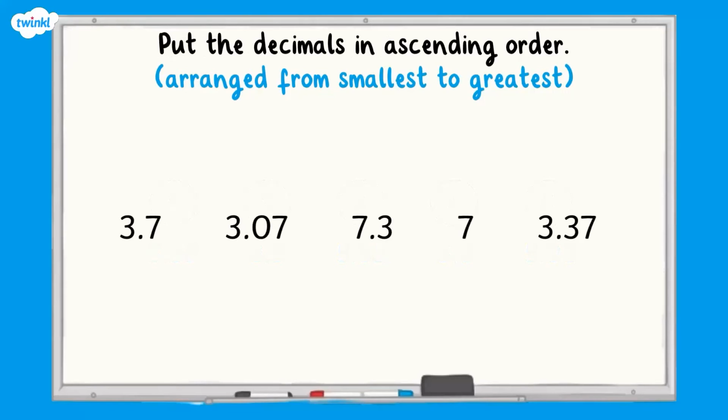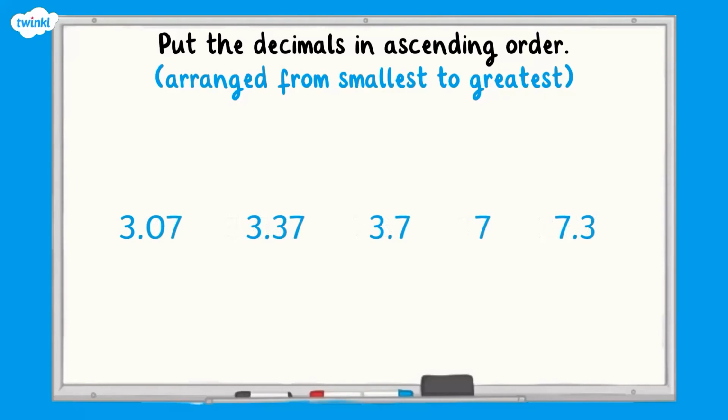Put these numbers into ascending order, from smallest to greatest. Pause here and have a go. How did you get on? In ascending order, the numbers are